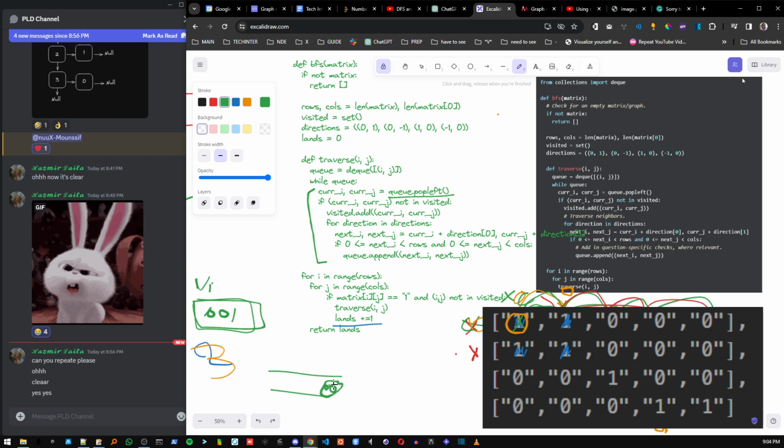So you pop this one, okay? What are you going to do next? When you pop it, you get the value of 0, 0, which is the coordinate that I sent. And I have current row and current column, right? And then I'm going to do: if current row and column not in visited, then do this part of code. If they are visited,